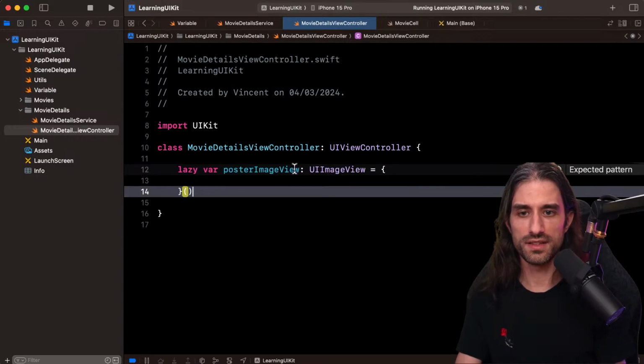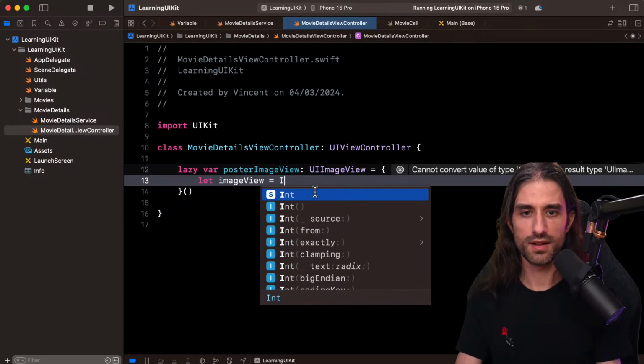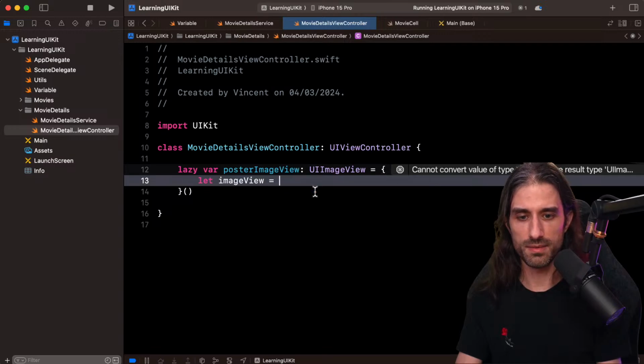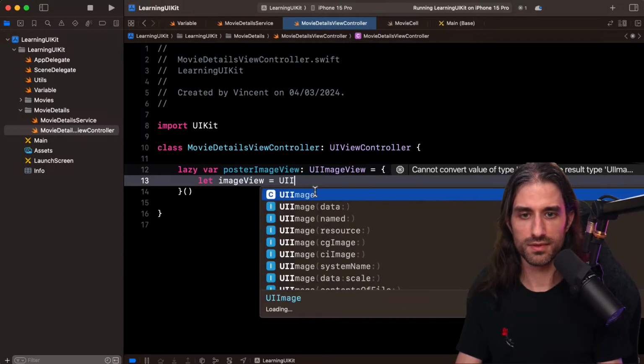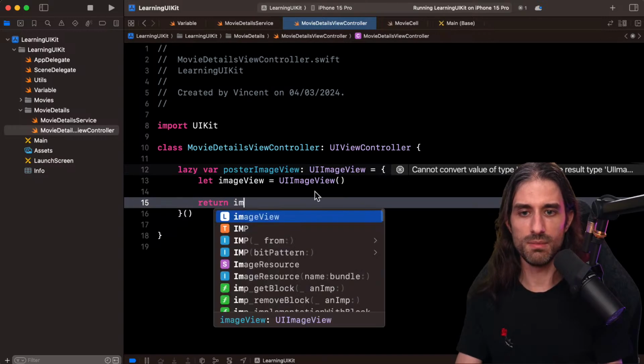And then the way you create it is that you do let imageView equal UIImageView, like that. You return the imageView.